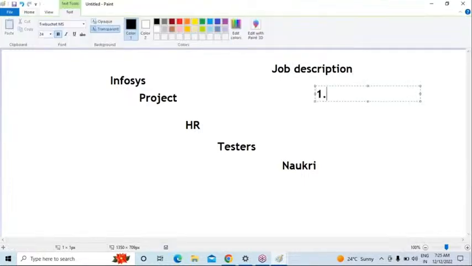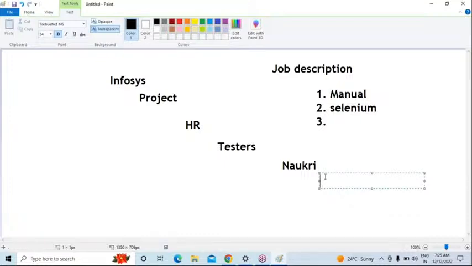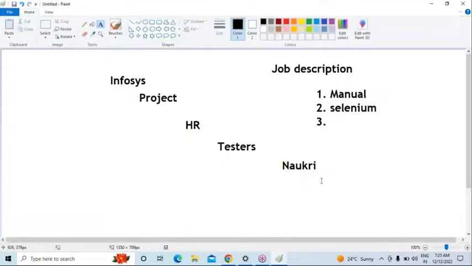They are asking that we require people having skills in manual testing, Selenium, and so on. They include some keywords. Whenever your resume has these keywords, it will be found in Naukri. Now the HR will call you based on the keywords. They explain that in our company there is an opportunity. Are you interested to join? Your profile is matching with our job description. Then we can say yes. They collect the details and schedule one interview. So based on this process only, you are going to be